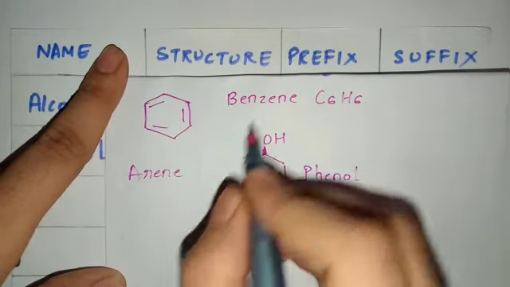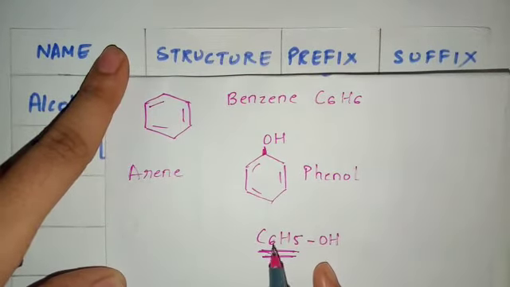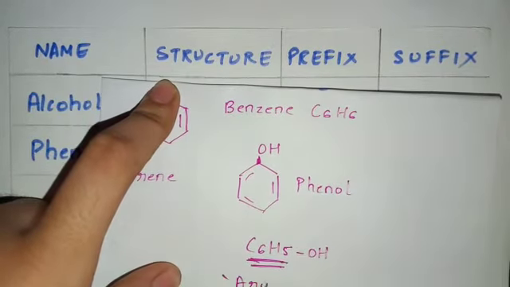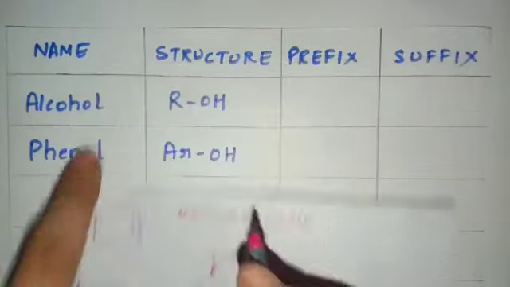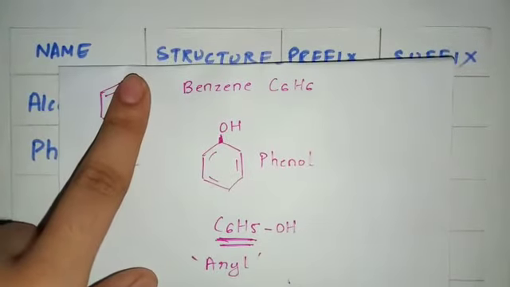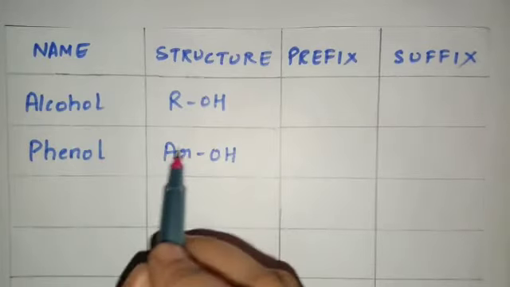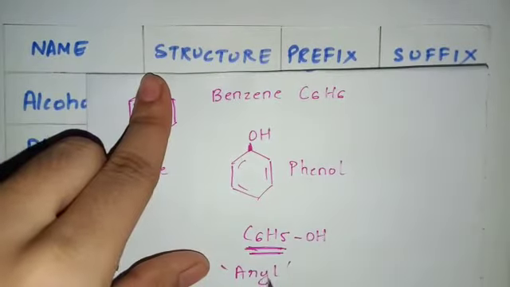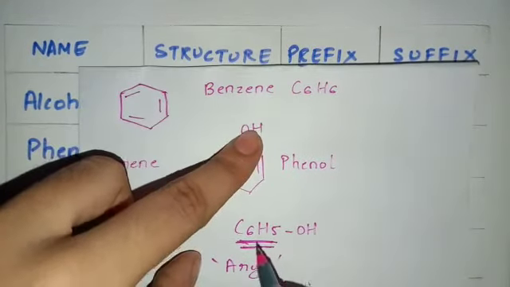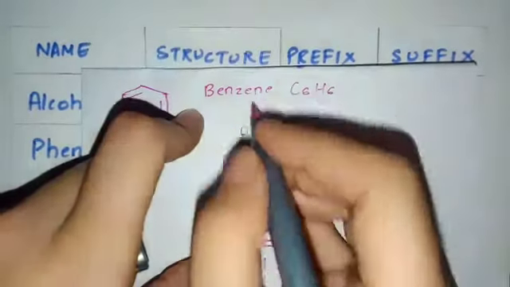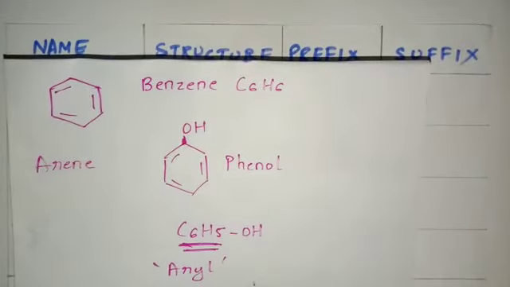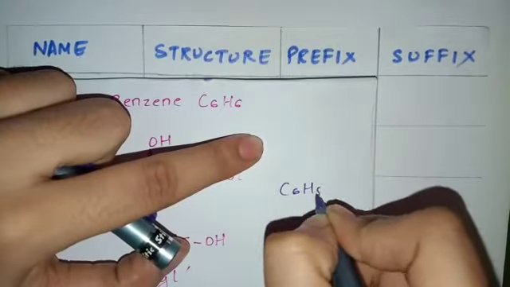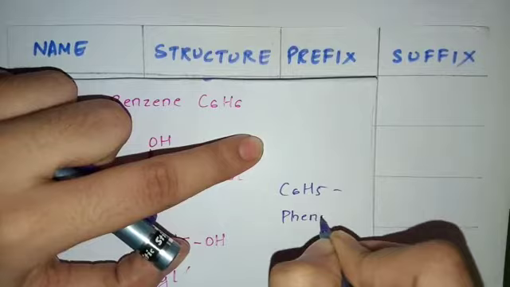So C6H5 is arene with one hydrogen less. So it is known as aryl. So this Ar is nothing but this aryl. Wherever this Ar is, it means that I have C6H5 over here. I hope you all are understanding. And this aryl part, the benzene ring with one hydrogen less, your C6H5, is also known as phenyl.